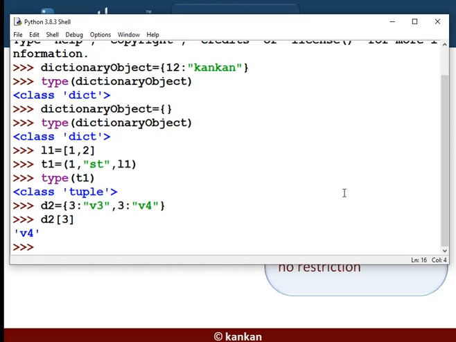It will be replaced. Here we see that the key at first position is 3 and value is V3, and the key at second position is also 3 but value is V4. But at key 3 we only get the V4 value. So it is meaningless to have repeated keys.